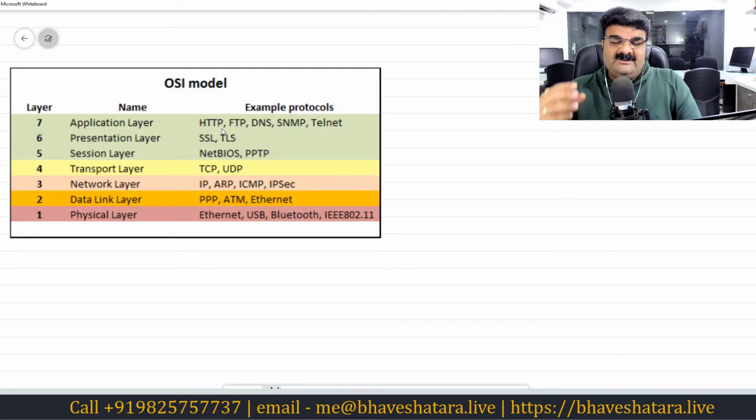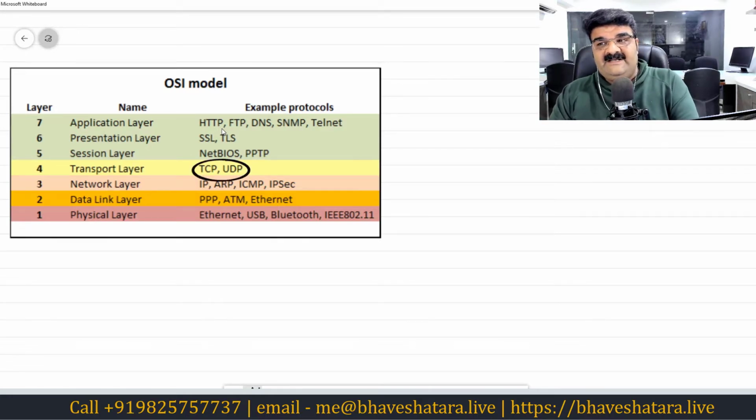These servers or protocols totally depend on two other protocols, and those two protocols are TCP and UDP. HTTP, FTP, DNS, SNMP, telnet, whatever, there are many protocols and the list is really long. These protocols totally depend on TCP and UDP. Without them they cannot work. Let me give you one simple example.